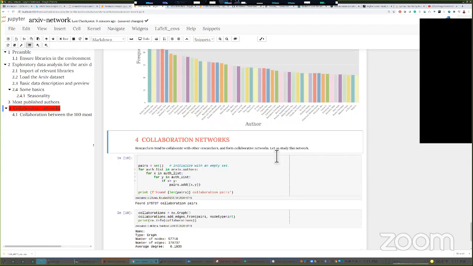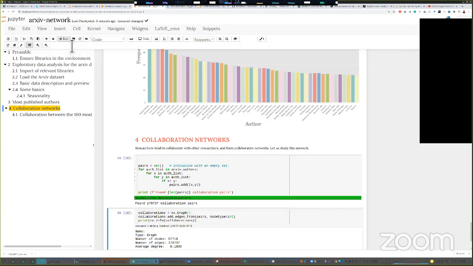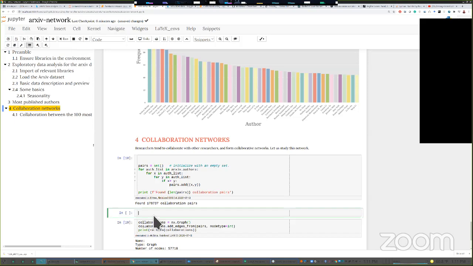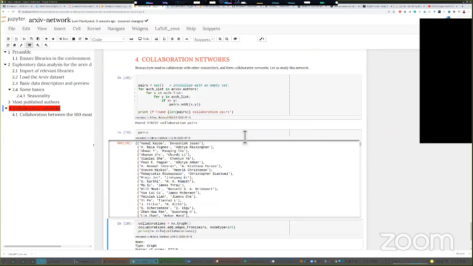Now comes finding the collaboration networks, right? And what you can do is insert above, let's see, you could print it out, pairs. Let us see what it looks like. What does it look like, guys?